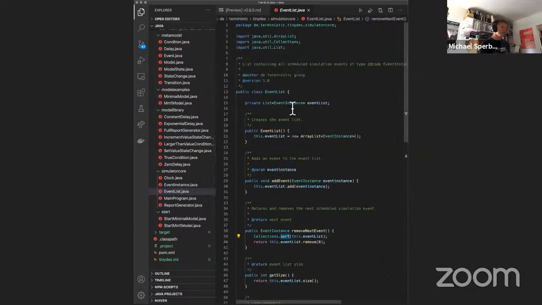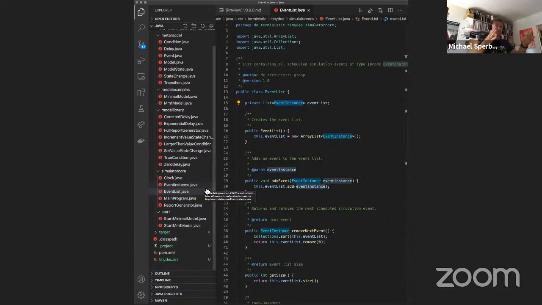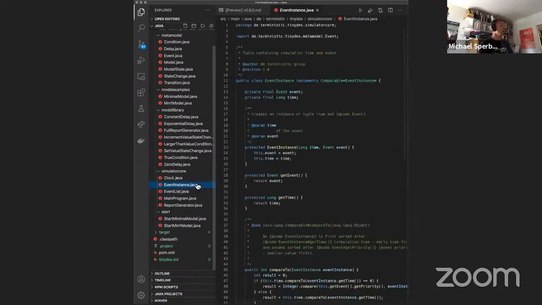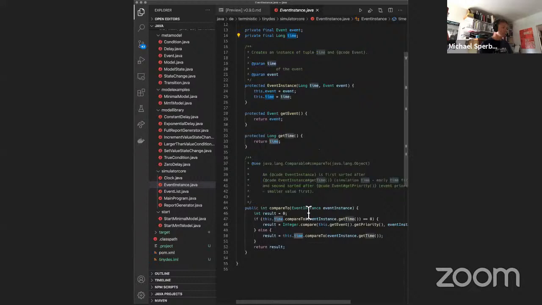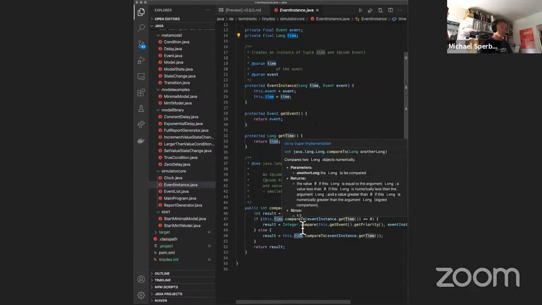What is interesting maybe is that, well, the event list doesn't store events, it stores event instances, events that happened at a certain time that we're going to need to sort of manage the proper order of events. So here's an event instance, it just has an event and the time when it is going to fire. And you can see here that